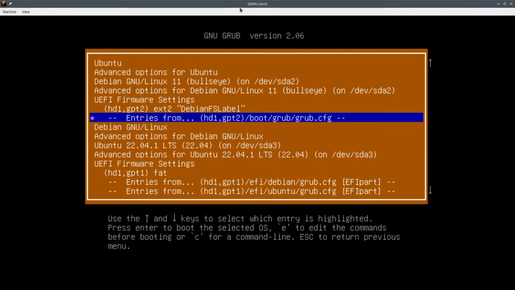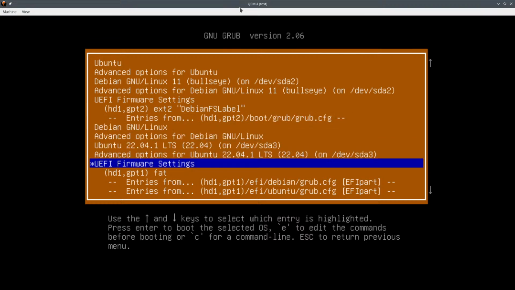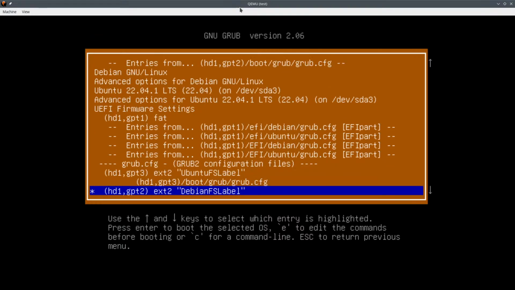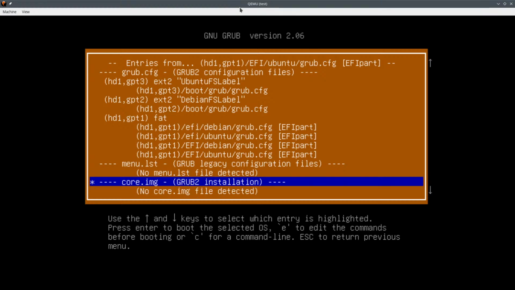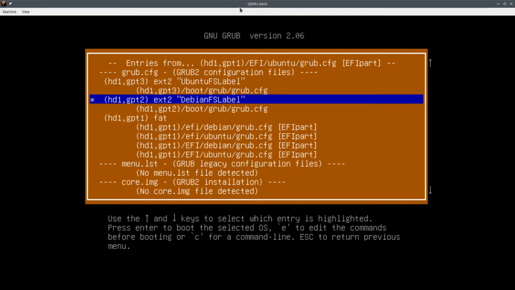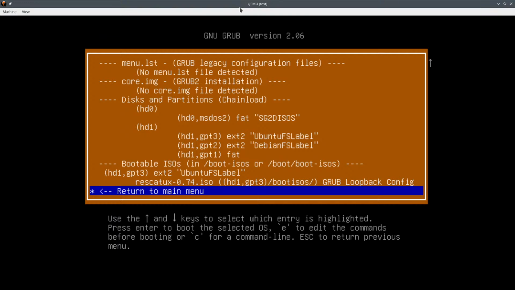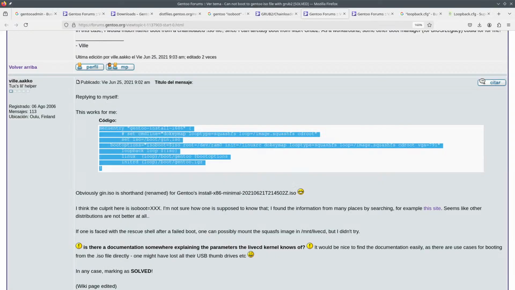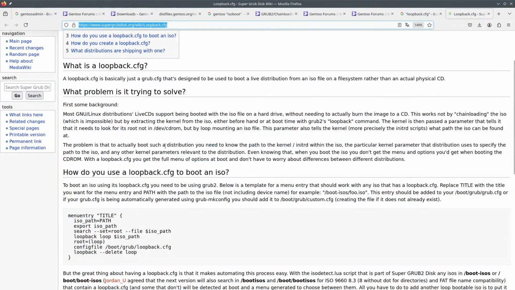So for example, this one here is a Debian grub.cfg, and you can load those files directly, and then it can boot into your system. And it can also find boot ISOs partitions, which is explained here on the loopback URL that I have sent you.